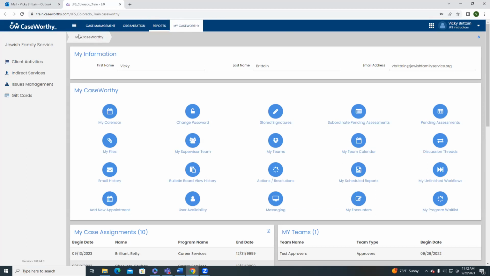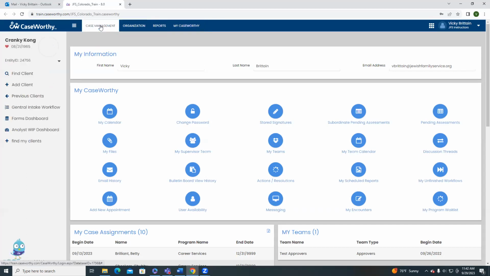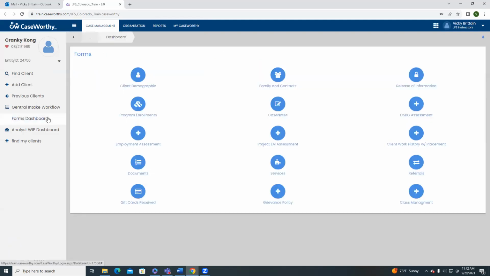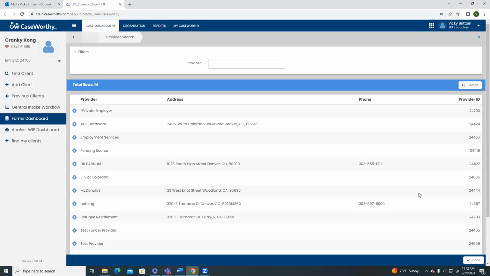So once you're sure you're there, click on your case management tab and your forms dashboard, and you will have a new icon called class management. Click the class management button and it will take you to your providers. Our provider, no matter what your program is right now, is employment services. So if you click employment services and then click on classes,